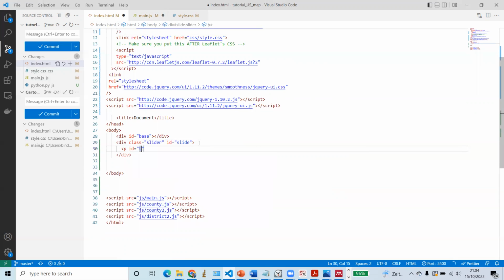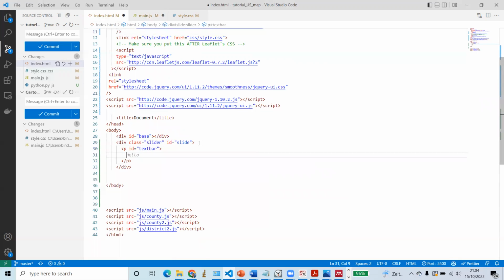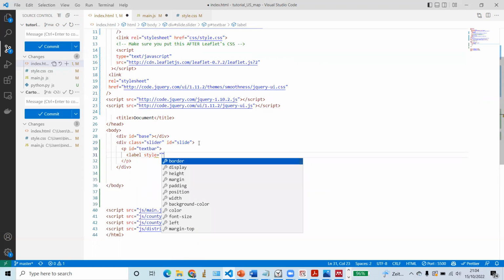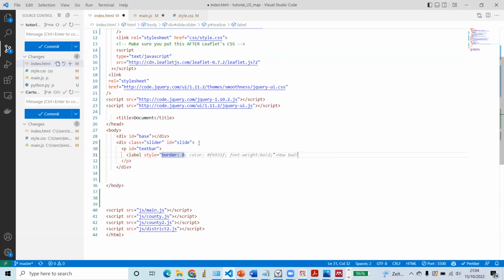The ID will be the text bar, and inside this text bar we are going to use a label, and the label style will be border at 0,